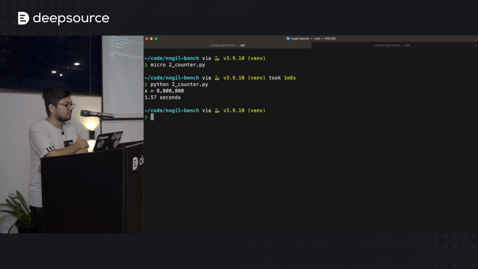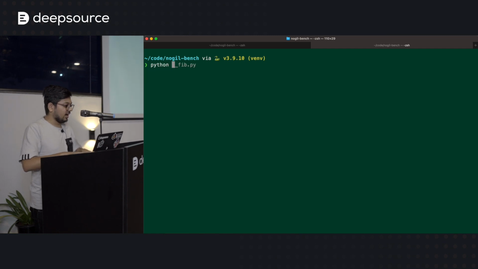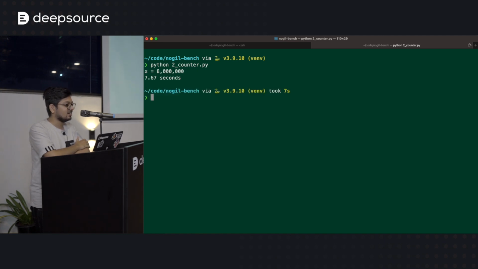So let's see how that goes here. So that took 1.57 seconds on Python with the GIL. And so now, what's happening here? It took 7.67 seconds on Python without the GIL.